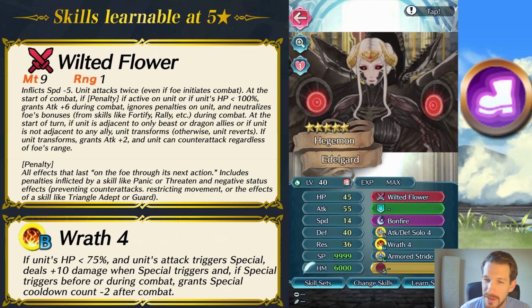The other effects on her weapon are kind of like a Brenya-like effect, where if a penalty is active on Adelgard, or if she's less than 100% HP, then she gets a series of effects. She gets attack plus 6, she ignores the penalties on her, and she neutralizes foes' bonuses, foes' visible buffs, from things like Fortify and Rally. Those three skills combined make her a real terror to deal with in Arena especially, because in Arena you're usually buffing your allies with rally skills, so she's neutralizing those bonuses, ignoring any penalties on her,